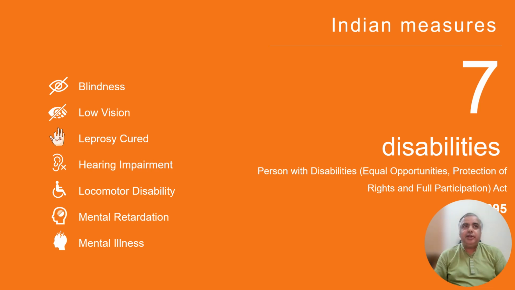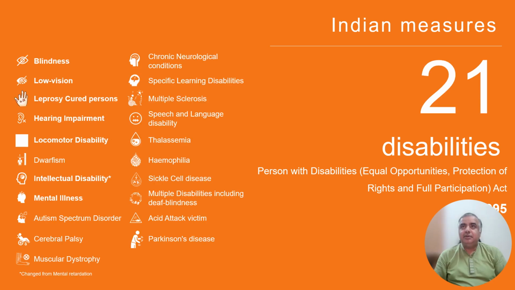The former Indian Act of Persons with Disabilities identified seven disability types. The new Act, passed in 2016, reflected now a big shift from 7 to 21 disability types, which includes blindness, low vision, leprosy cured persons, hearing impairment, locomotor disabilities, dwarfism, intellectual disabilities, mental illness, autism spectrum disorder, cerebral palsy, muscular